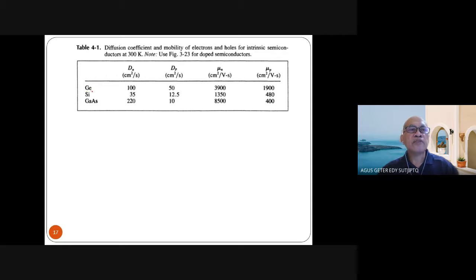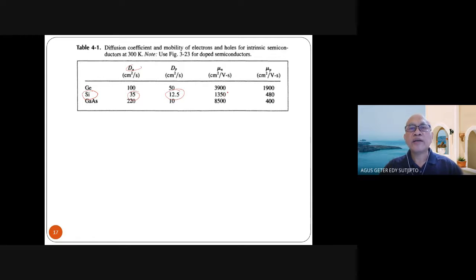So this is an illustration of diffusivity. We have silicon, right? Silicon: diffusivity of electron Dn is 35 square centimeters per second. Diffusivity of holes is 12.5 square centimeters per second. So the diffusivity of electron will be faster. And then the mobility, because under the electric field generated by the diffusivity,